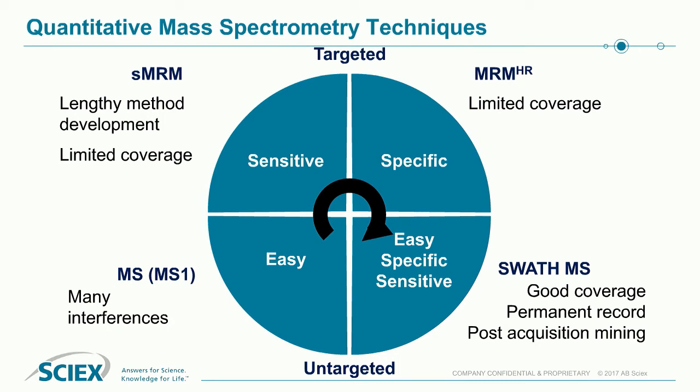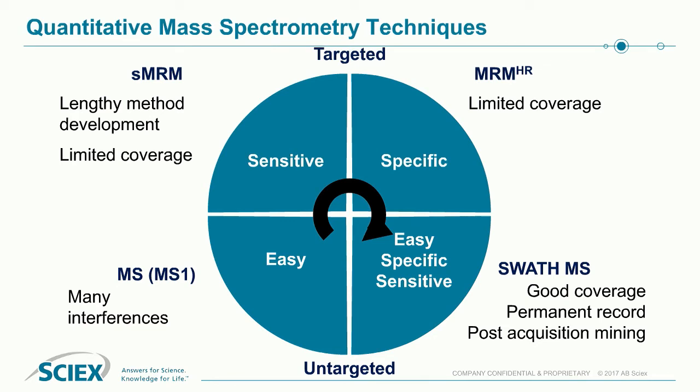So the first method is by far the easiest method, which is down in the bottom left-hand side of the quadrant on the diagram here, which is the MS1. Here you just take the area of the peptide that's eluting and use that as a surrogate for the amount that's present. The challenge is that even though this is really easy to do, it's very difficult to deconvolute those signals in complex samples. And as you start using host cell protein analysis, especially for process development work, there may be many proteins that are present, leading to convolution in the MS1 signal, which is very difficult to remove.